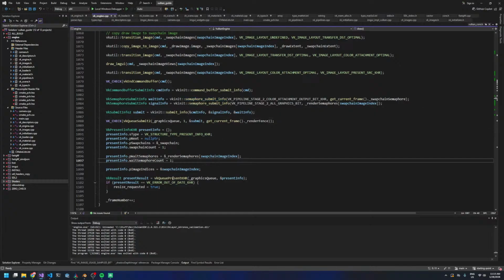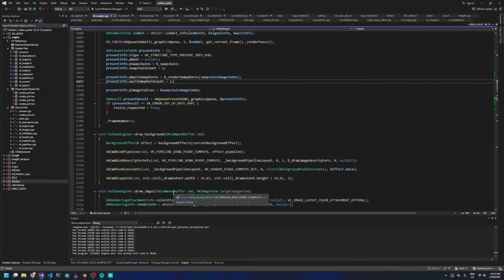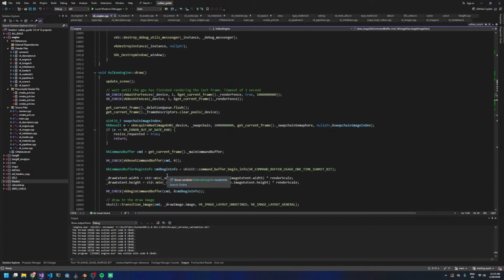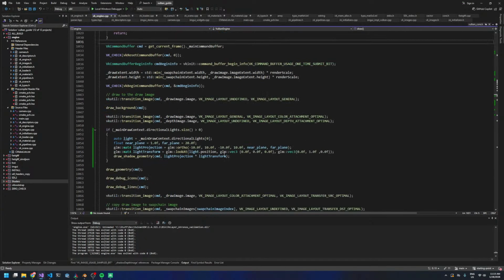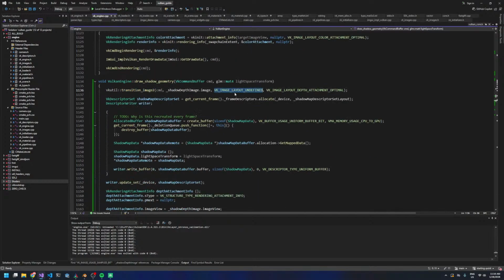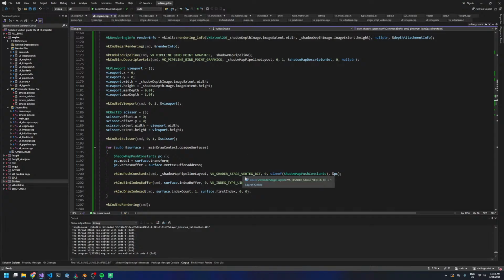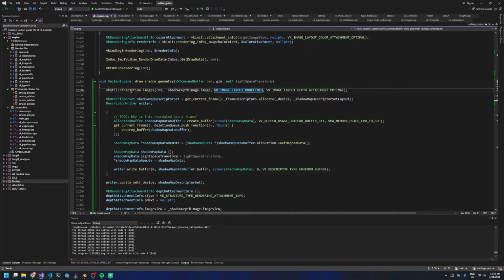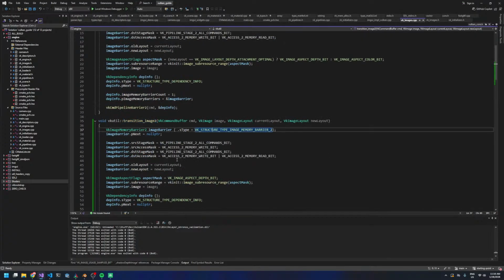So it seems to be okay now. It's not complaining. It seems that I'm transitioning layouts correctly. The only thing is that we're starting in undefined, but when I do the first draw shadow geometry, okay, we do undefined, but when we do the next frame, we're transitioning from read-only optimal, right? But it says here undefined. I'm not sure if undefined